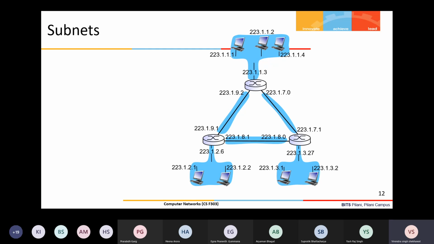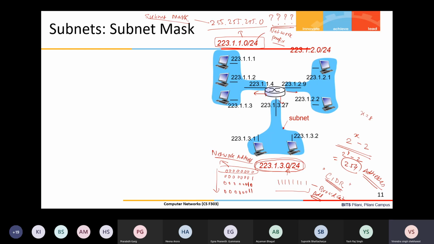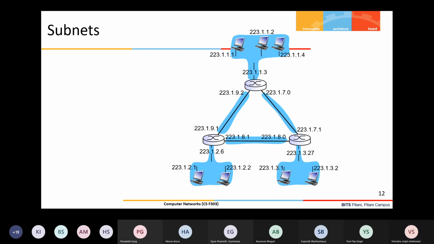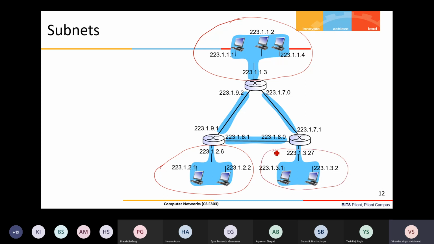Okay, so this is a little bit simpler 3 network example. Let us say this is another example. Again, here we have 3 routers, and how many subnets are there here? If you just look at the previous example, try to match it. I can say one subnetwork is this, one is this, one is this, and one is this. 3 subnetworks are there, and they are following the same property.